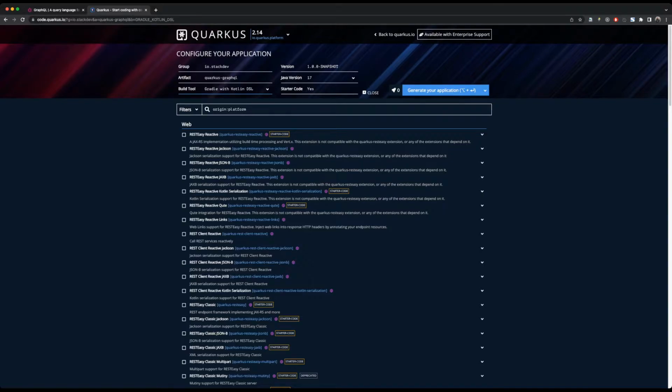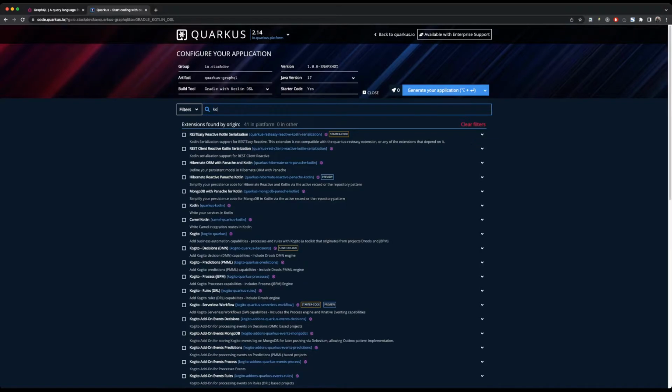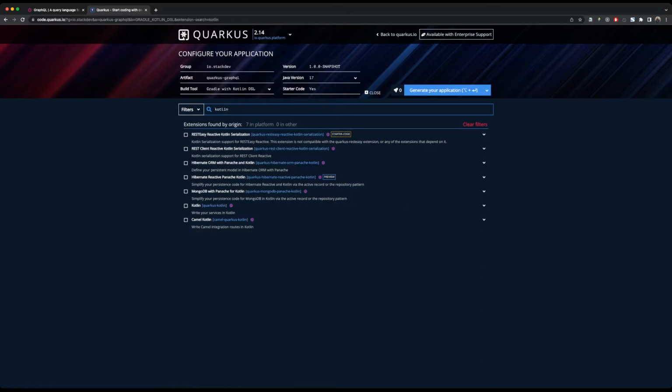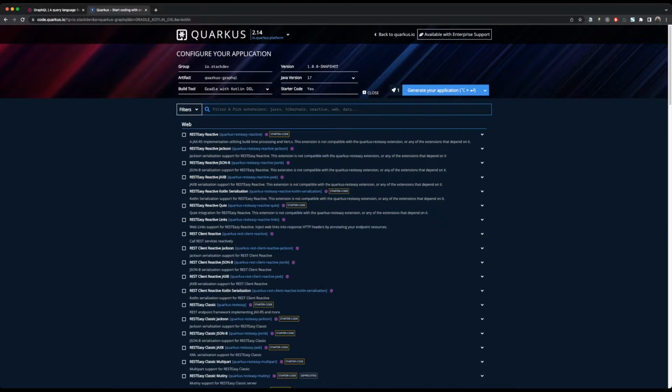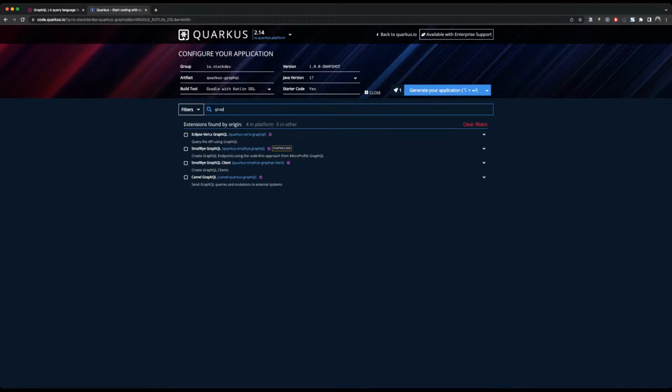In this case, we are going to use Quarkus with Kotlin instead of Java. If you are interested in Java tutorials, I also have Java tutorials in Spring. For the dependencies that I need, first of all, I need the Kotlin library, so that everything will be written in Kotlin. And I need one package, in this case the GraphQL one